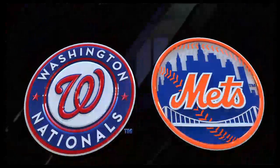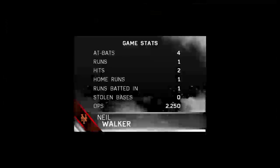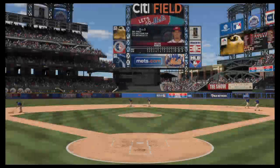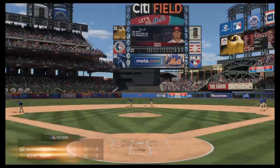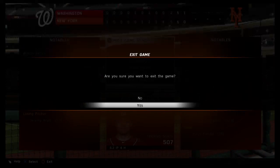And the Mets offense this afternoon was led in part by this guy, Neil Walker. Don't put that card in your bicycle spokes. He's our top player of the game. Yeah, you see a couple of hits for him in the ball game. This one was